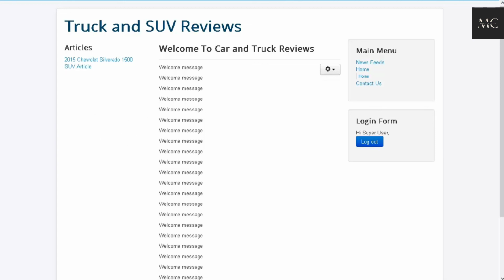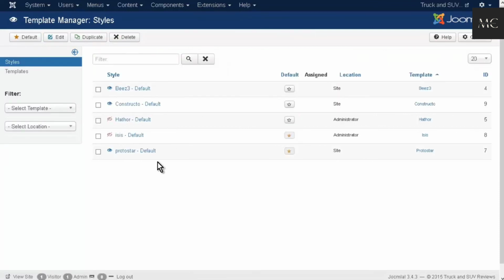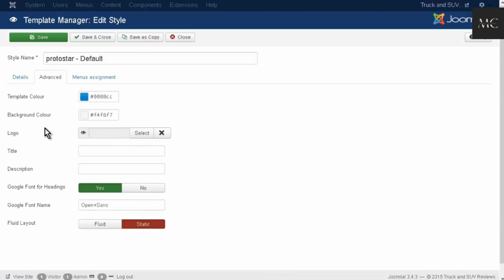Okay, so let's go and change this. So remember last time we had our image up here. Right now, all we have is text, so we can go back here and then go into the template manager and into Protostar. Advanced. Okay, so this is our template color right now,